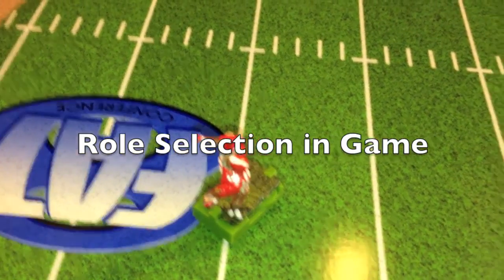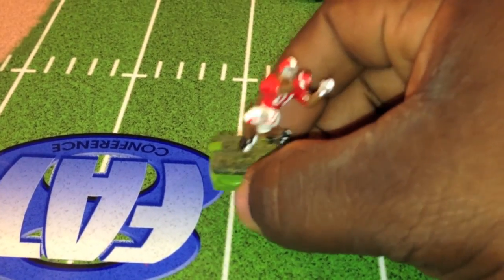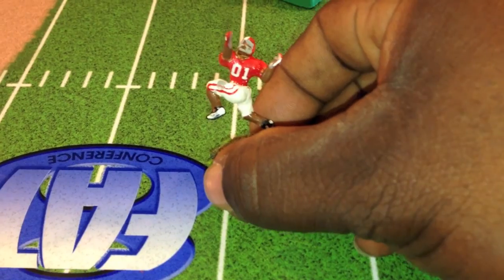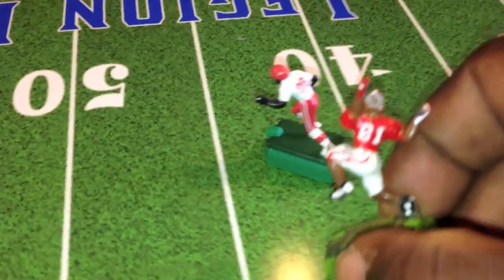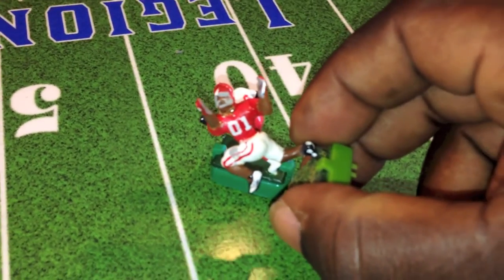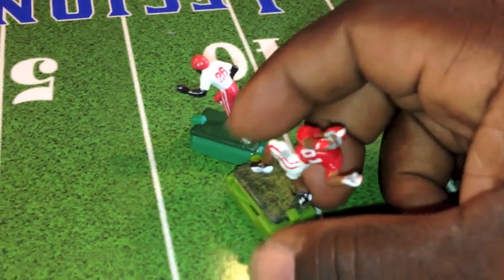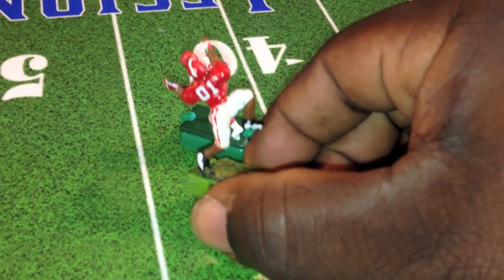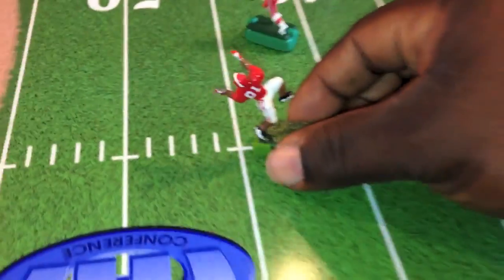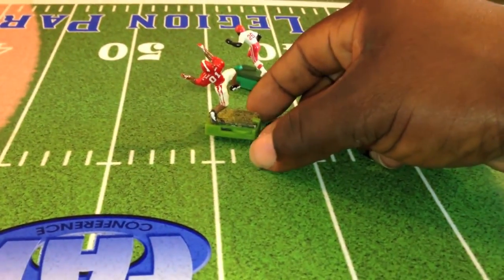Now with this type of figure from the Alabama team, as you notice here, you have more chest surface. So you have a much wider surface. If we put these guys side by side, you see what I'm saying? You have a much wider surface on the chest, even on the legs. And even on the back end, if he's coming this way, as you can see, he completely covers this model. So you have much more surface,